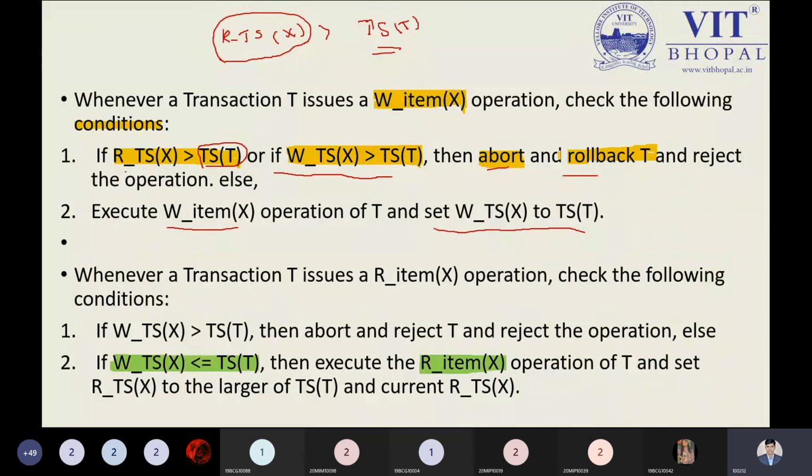So W item we can do. So there will be two issues, on the W item or a read item. So there can be some conditions by which we can determine where the transaction may fail or be cancelled or aborted. The next issue we have is read item. The read item is a very simple condition. It is already highlighted over the green color.